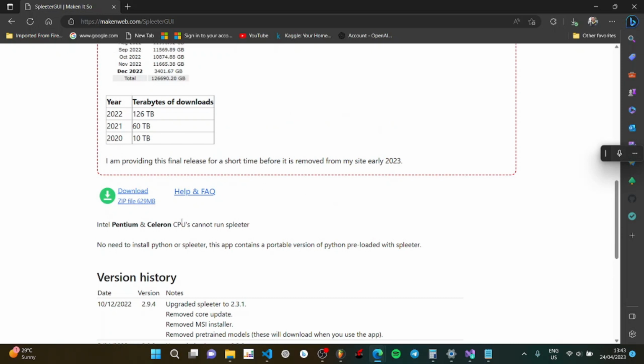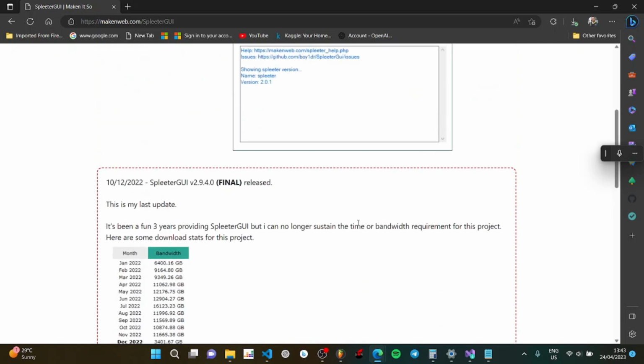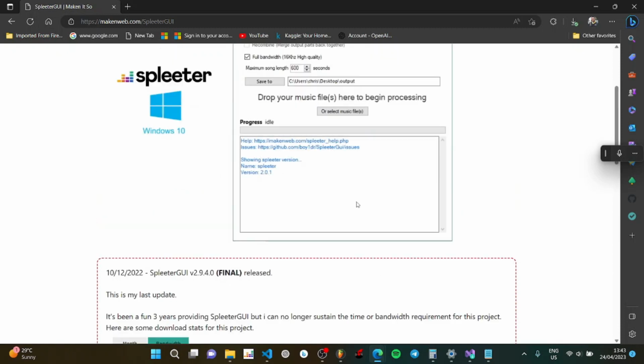If you are using this type of CPU, I will leave a link for you where you can do it online. It also works the same, where you just load the track and it splits the track for you, giving you an acapella and instrumental which you can then save to your desktop.